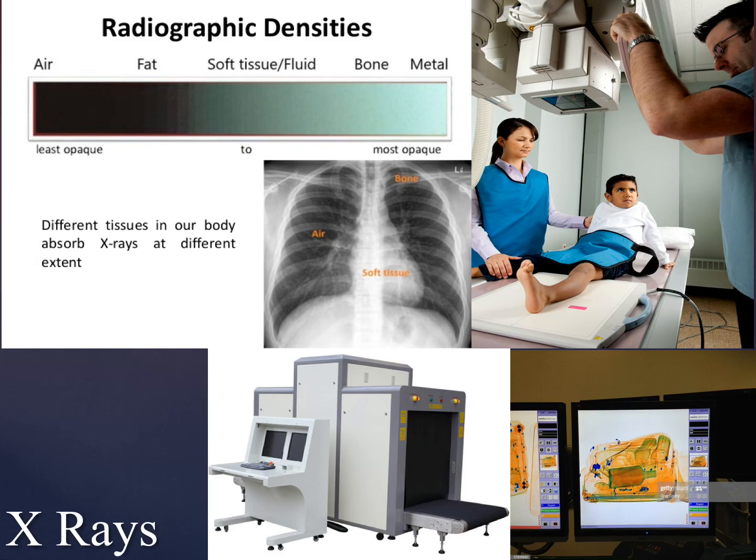X-rays and gamma rays. X-rays and gamma rays have some of the shortest wavelengths and highest frequencies of all electromagnetic waves. First, let's talk about X-rays. X-rays have a wavelength between 0.001 nanometer and 60 nanometers. They can pass through many materials. This characteristic makes X-rays very useful in medical fields.